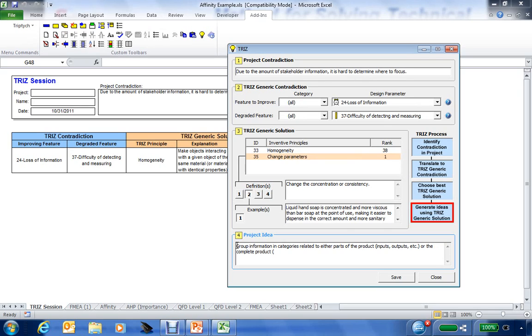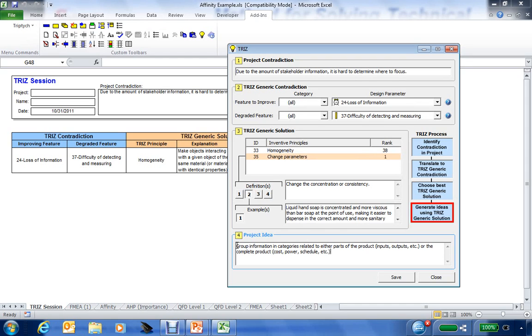And things related to the complete product could be cost, power, schedule, things of this type. So do we break this information down into things related to specific areas of the product,